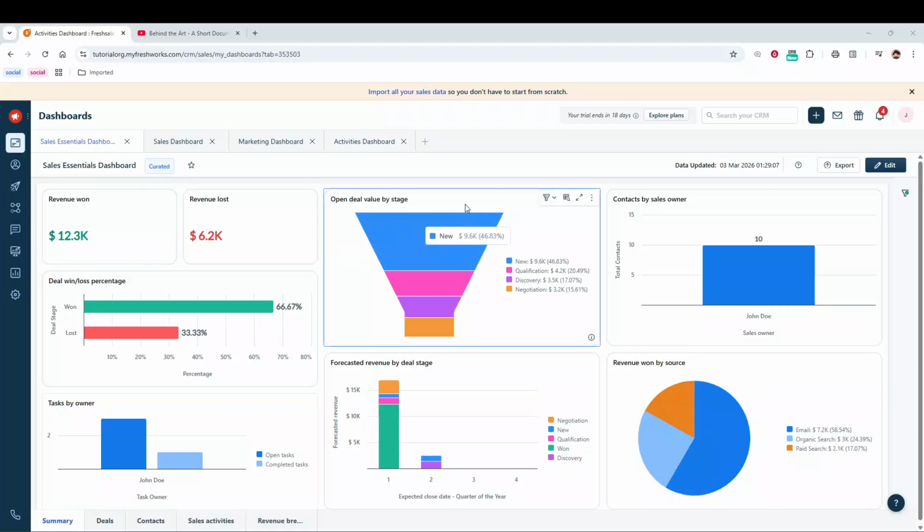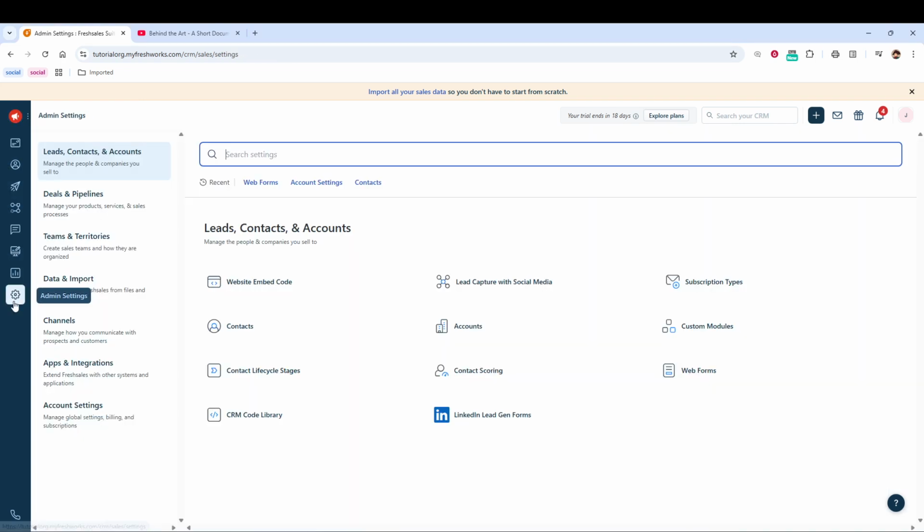In today's video, I am going to teach you how to update a form in Freshsales. To begin, log in to your Freshsales account and look at the left-hand navigation bar. Find the Admin Settings option, which is shown as a gear icon, and click it. This is where Freshsales keeps the tools for managing settings that affect your whole account, including forms that collect information